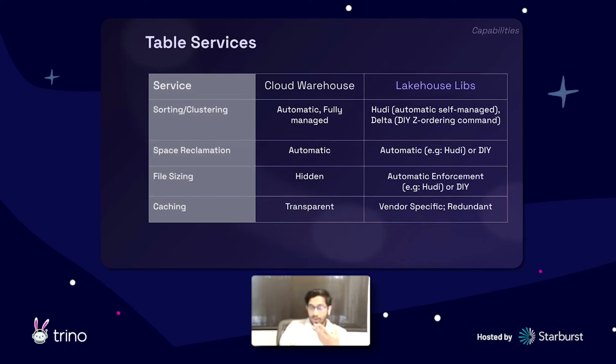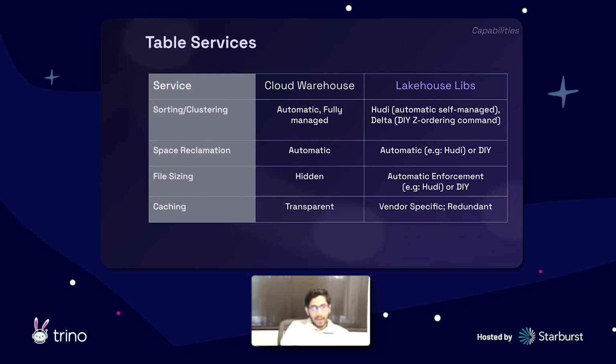And then Delta Lake, for example, exposes some of these things as commands for you to run if you want, but you're still responsible for figuring out what command to run and when, scheduling it, and making sure it's actually applied correctly and all of that. That operational overhead is on you, right?